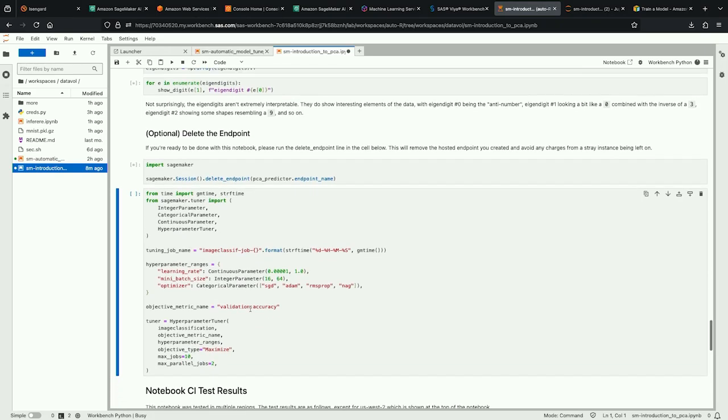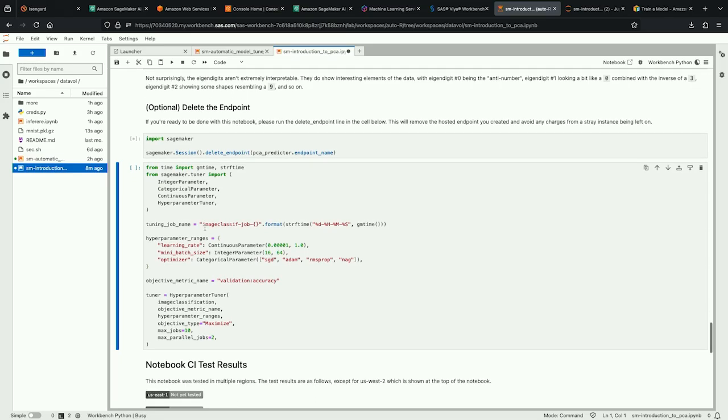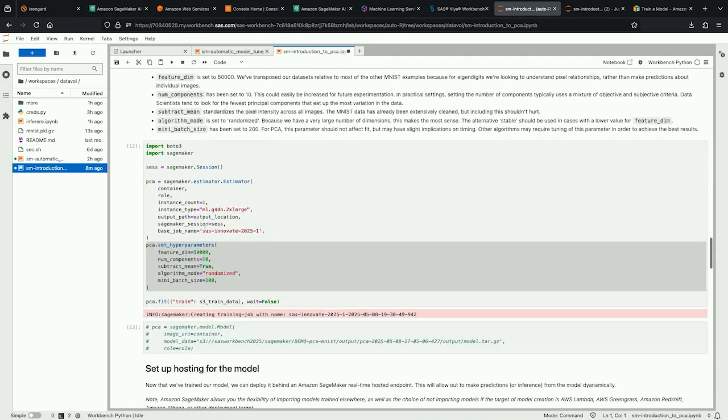So this is if you have your own hyperparameters, but if you do not have them and you want to search for them, you can actually ask SageMaker to search for your hyperparameters, and then it's going to tune your model to find the best hyperparameters. And then you can even pass your own data so that it tunes it with your own data. And so that's how you will do it. So I'm now running it live because it will take time, but I just triggered the work, and you can see that it's begun executing your work.